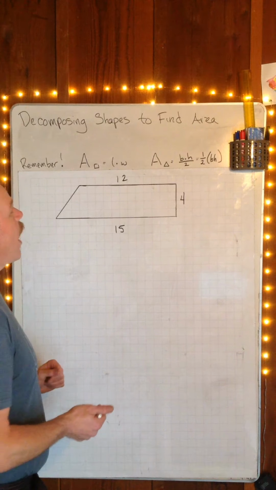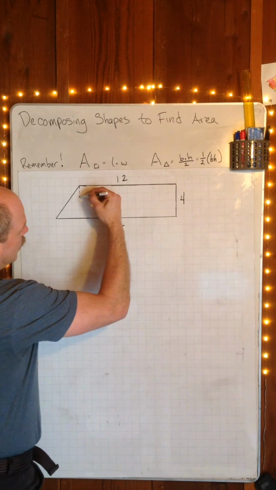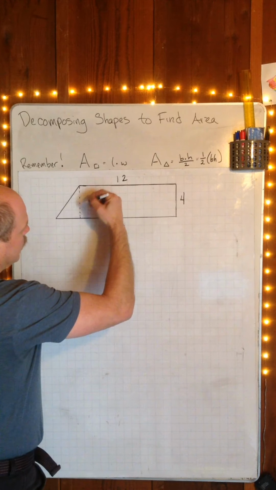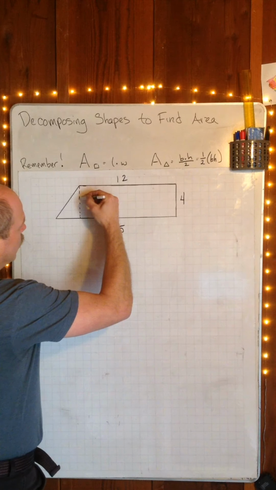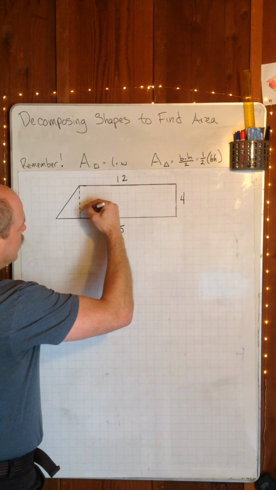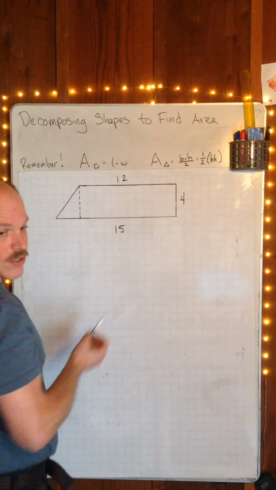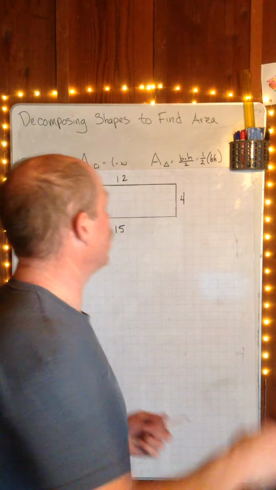So if I break it here, I'm going to put some dotted lines here to show my imaginary break. I'm making like the dead and I'm decomposing. Decompose this polygon. Now I have two polygons and I know how to find the area of each of these. So if we look at just this quadrilateral here,